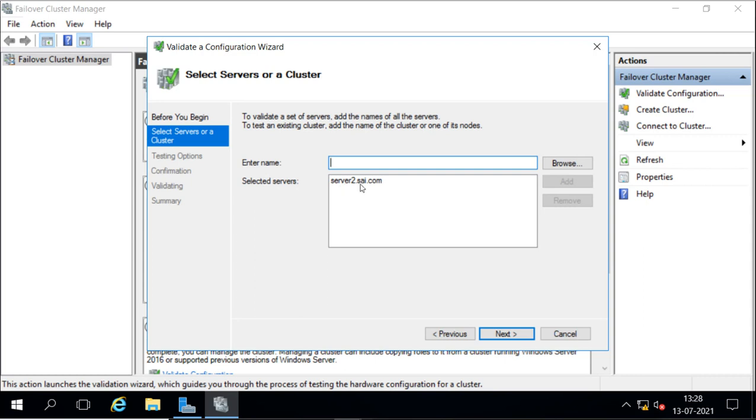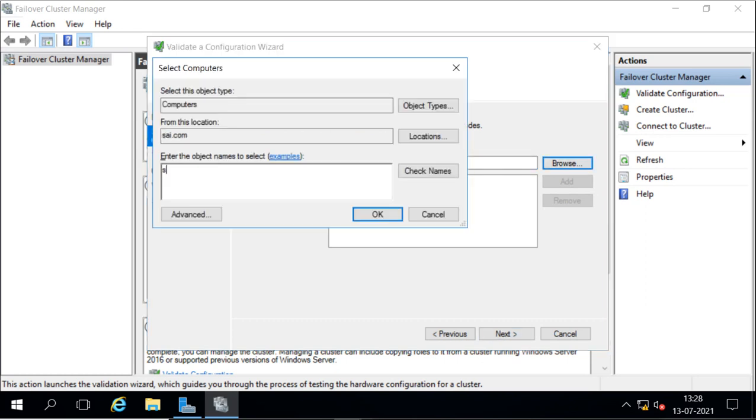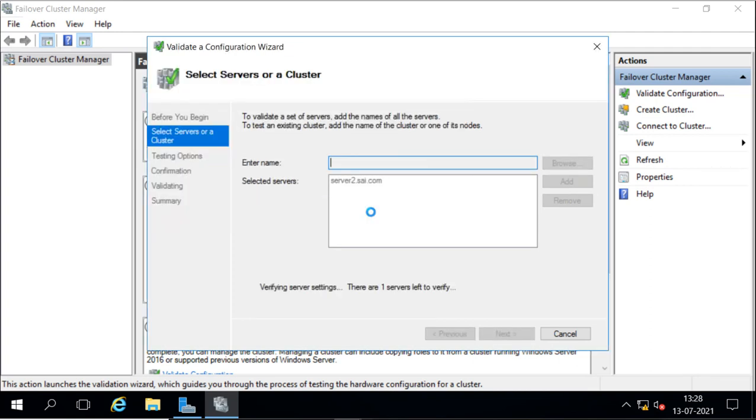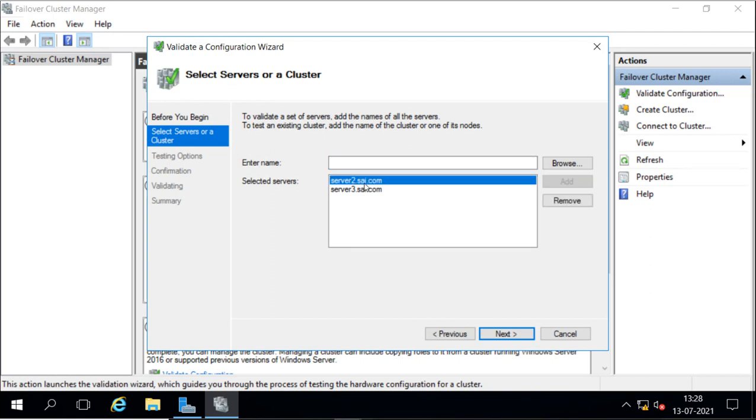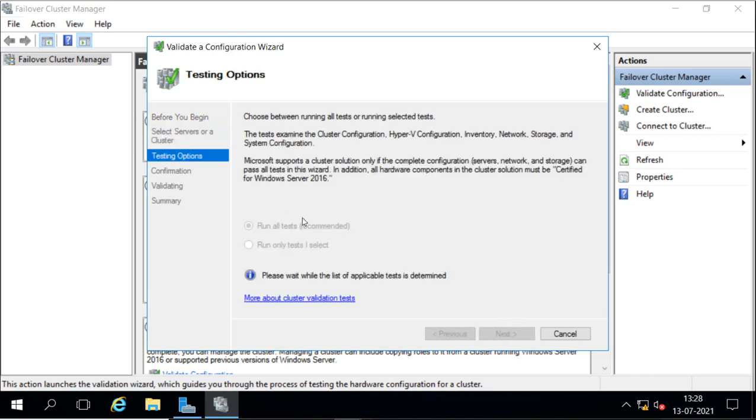If you have not installed the feature, it will give an error here. Then I will add server 3 here. So it has checked that the failover cluster feature is added there. Now it is going to check the other things. Next.